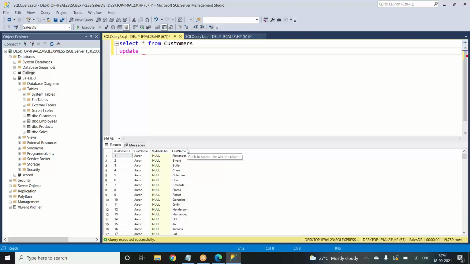Where do you use update? Normally we wouldn't have access to do this, but DBAs use update to rewrite a previous entry. So let's fill this middle name of the second row, Aaron.